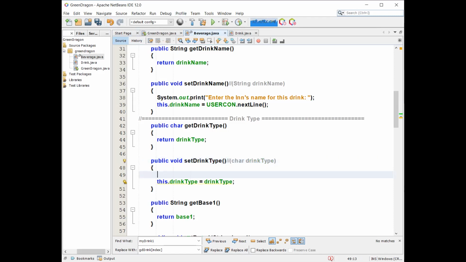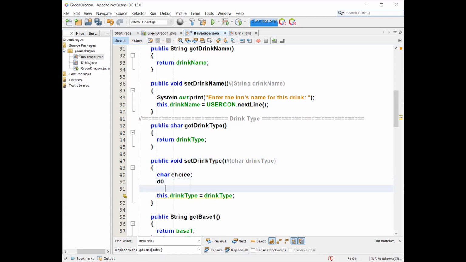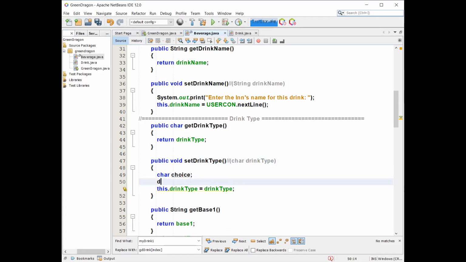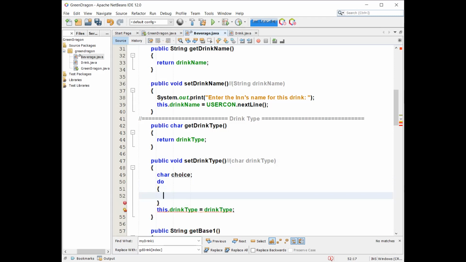So here we will have a char choice, and then a do loop. Okay. And then